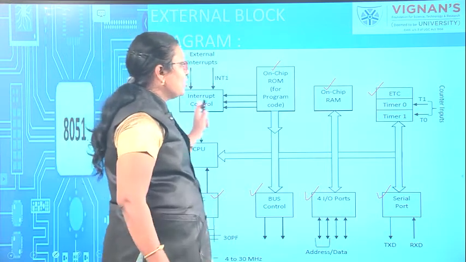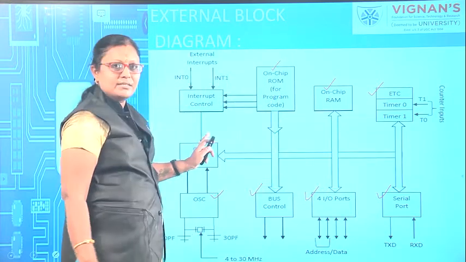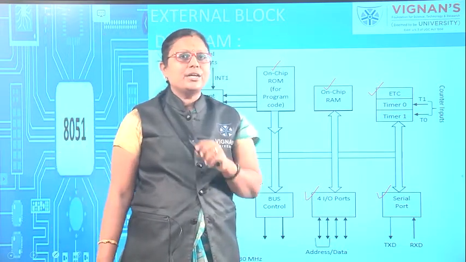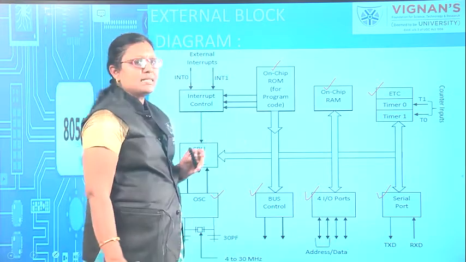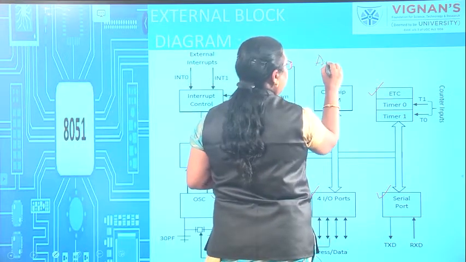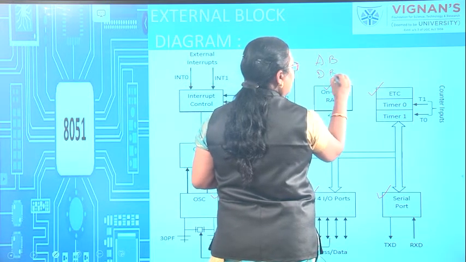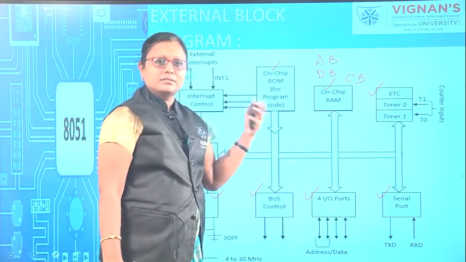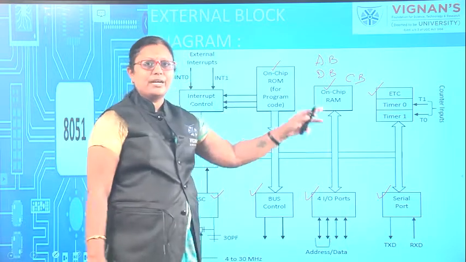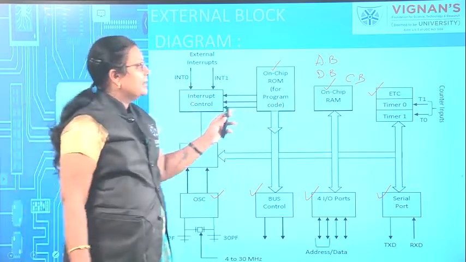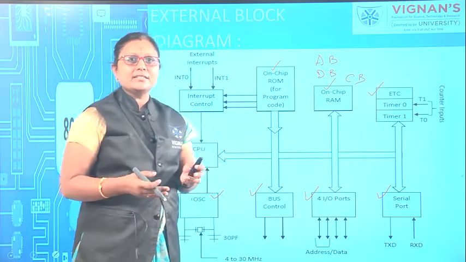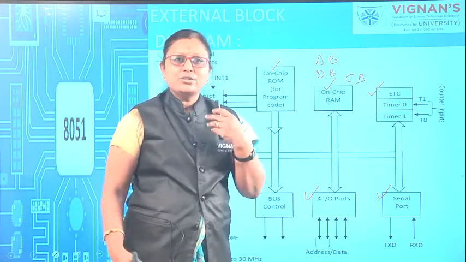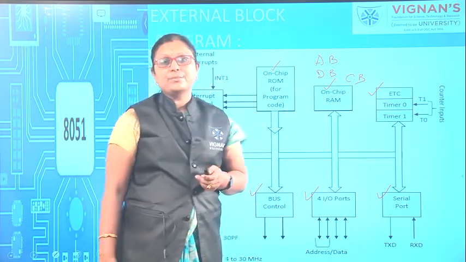Clear? All these components are connected by using buses, which is called the system bus. Generally, your system bus is divided into 3 types: address bus, data bus, and control bus. Your address bus is used to transmit addresses from the processor to any other connected devices which require it, the data bus is used to transfer data between all these devices, and your control bus is used to carry the control signals generated from the control unit.